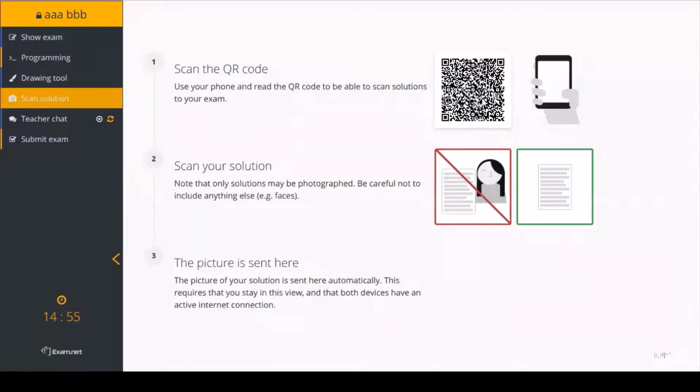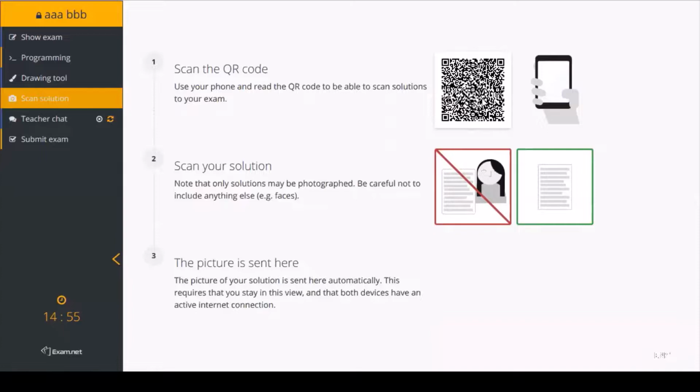Once you scan this in the mobile phone, you will get a link with an option like go to website. So click on that go to website. It will take you to that location. Once it is loaded, you will get a scan solution option. So click on the scan solution.